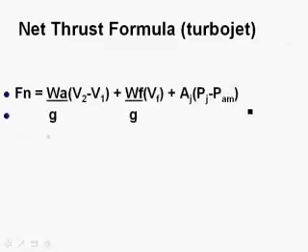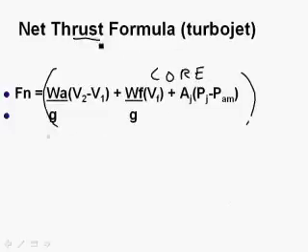If this is for a turbojet, how do we change this formula to turn it into a turbofan? Well, this part right here is for the engine core. If we have a turbofan, now we have thrust from the core. So this takes care of the core, but we have this bypass air that we have to take into account. So if this formula right here takes care of the engine core, then we're going to have to add in